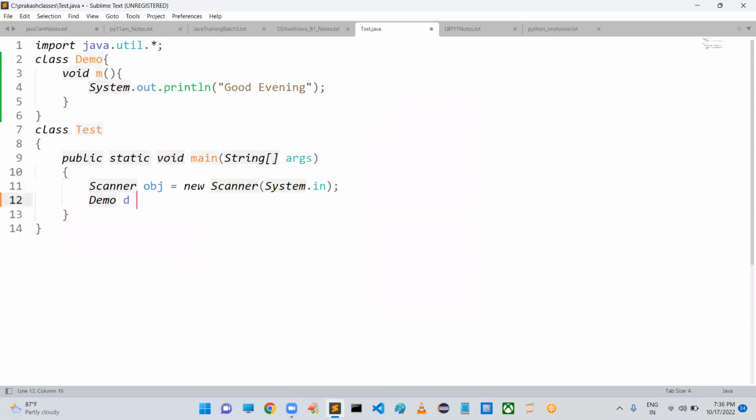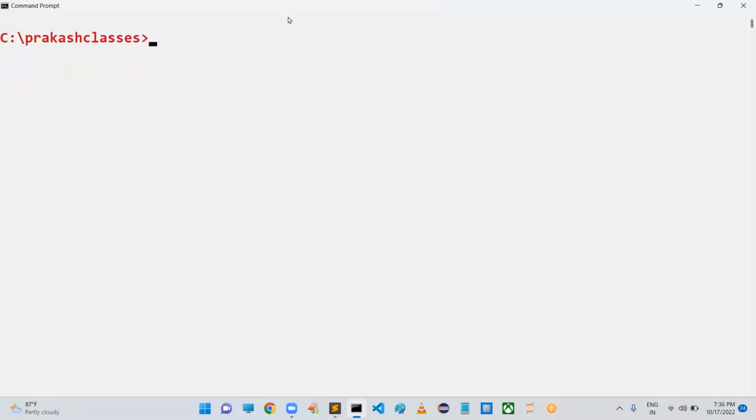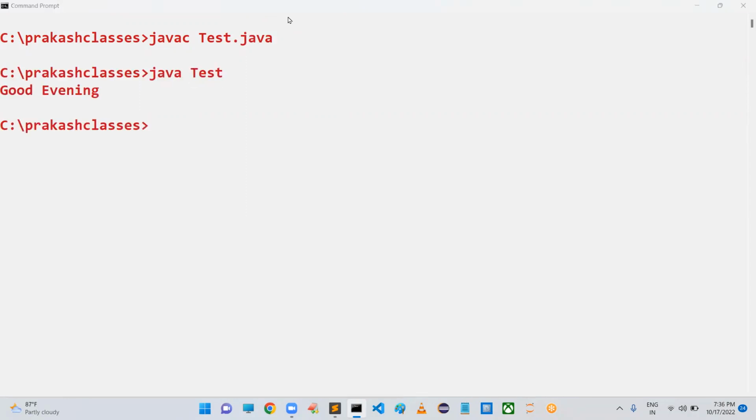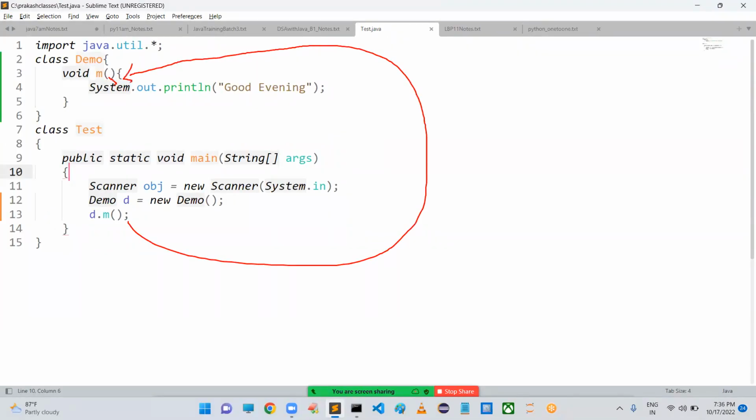First, we have to create Demo d is equal to new Demo. I created one object. Then I'm calling the method. No problem. Successfully, the code is going to work. Even you are going to get the output. Let us cross-check how it is going to work. Sir, javac, I'm taking Test.java. Sir, does the code compile or not? Yes, sir. Java Test I am taking. Sir, we are getting the message. But recursion I didn't include. Sir, what is meant by recursion? When you are calling this m, the control is going to this function. When it is executing, can you please make a call to this again and again?